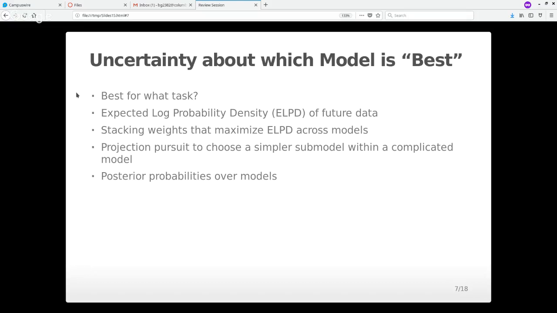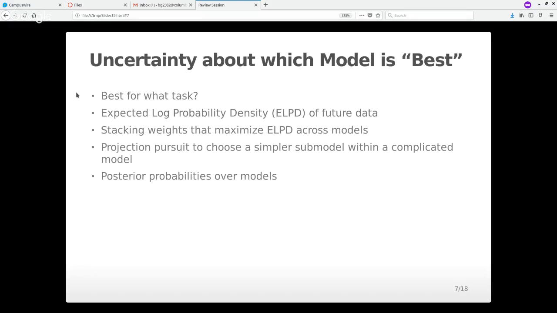So the Bayesian approach gives us a principled way to combine predictions from different models that don't necessarily have to be nested. We also learned about the projection pursuit approach in the ProjPred package that would allow you to first get the posterior distribution of a more complicated model, maybe one that has hundreds or millions of predictors, and then gives you a principled way to choose a simpler submodel